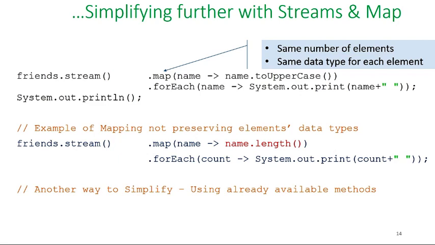And another thing that you have to keep in mind when you first get started using map is that map, by default, is meant to keep the same data type. You don't have to. You can have lambda expressions that are going to, for example, take elements from a stream of strings, like in our example, and spit out a stream of integer values. Like, for example, the length of each name. We're going to use that example very soon. So it's just that there are some special cases, especially when you start dealing with